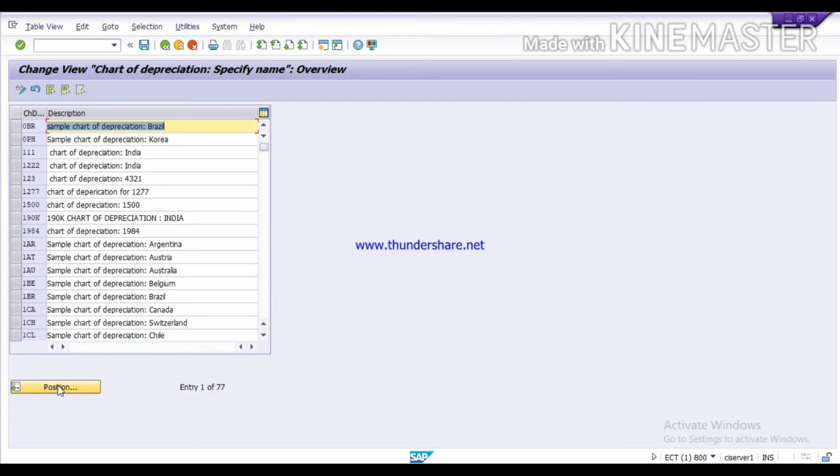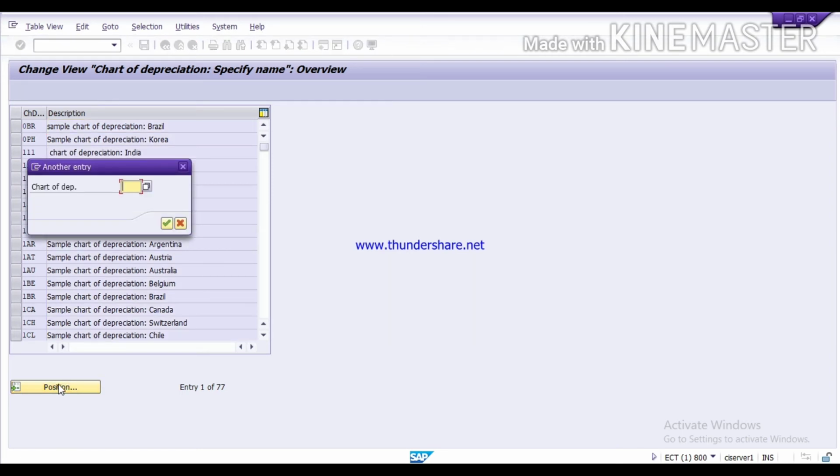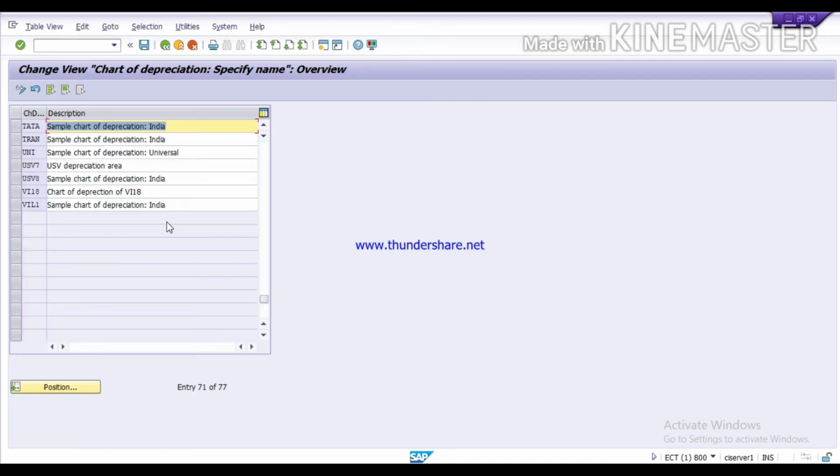Click on this position. Select your chart of depreciation which you have created now, that is Tata. Continue. Here you can change the description of your chart of depreciation. You can change the name of it.